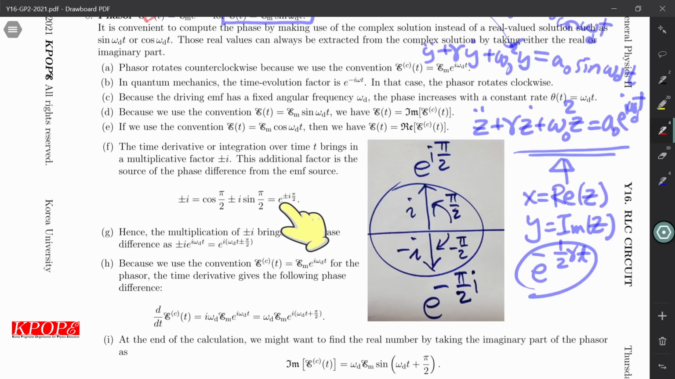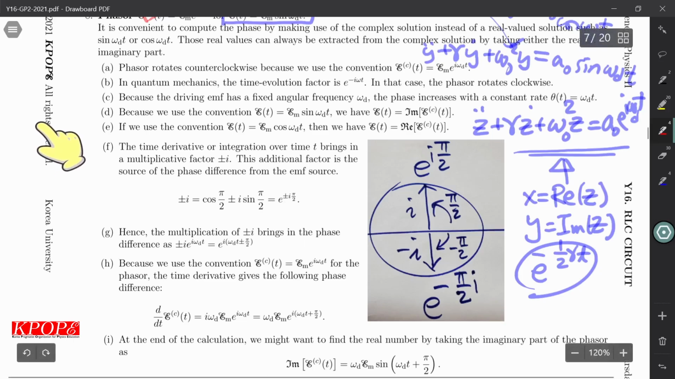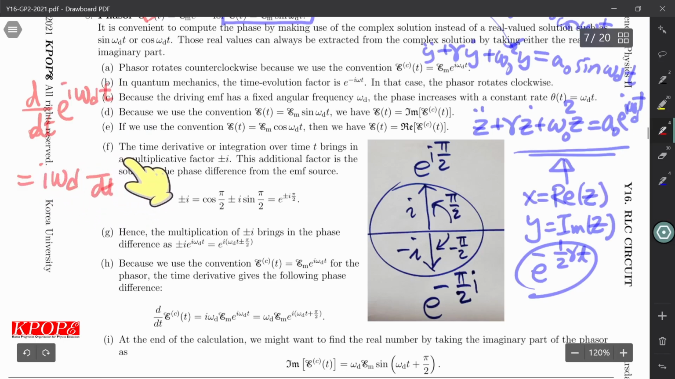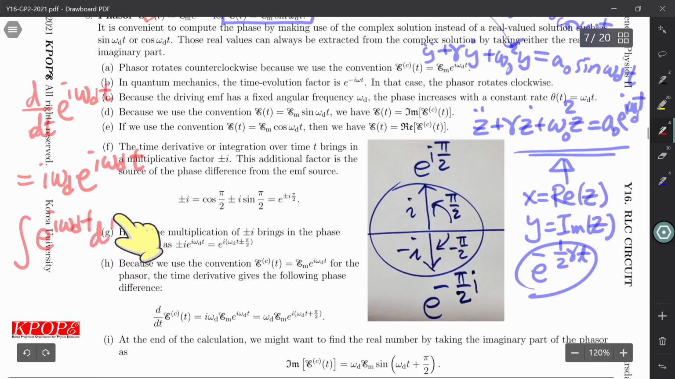In the calculation, we need to find the derivative of e to the I omega dt. Then we will find I omega d. If we have the integral, neglecting the constant term, what we have